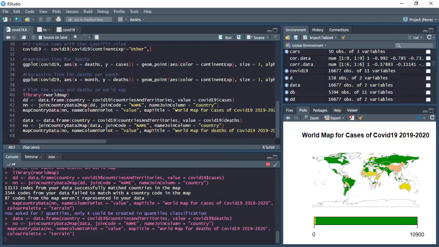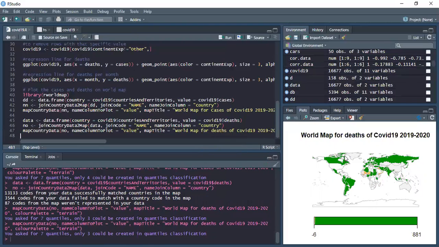The American continent was most affected, both North America and South America. So still we can conclude that we have analyzed the COVID-19 data set.